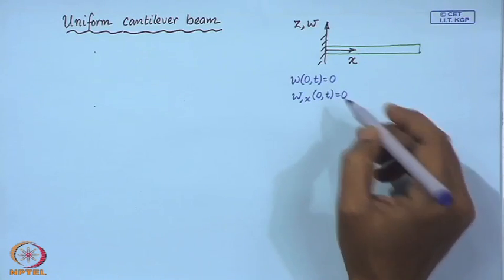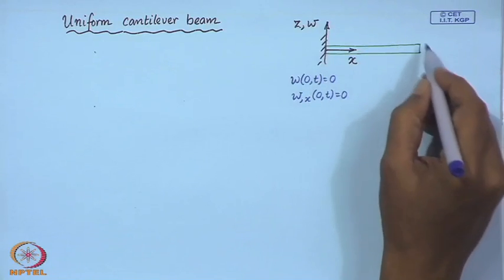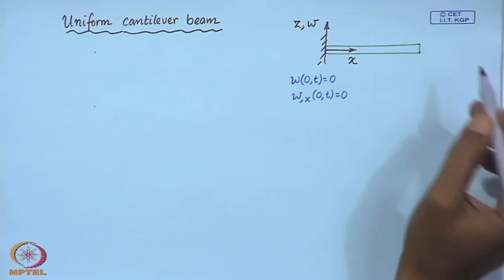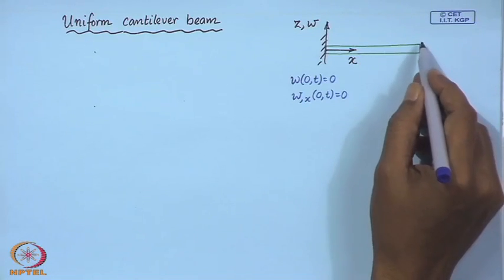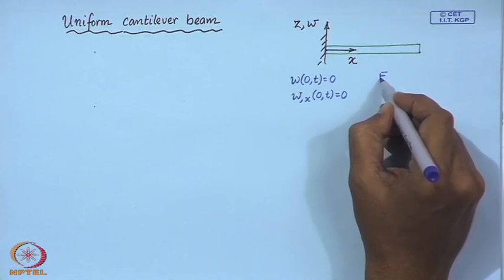So, both of them are geometric boundary conditions on this end. On this end we have the bending moment and the shear force as 0. So, that gives us